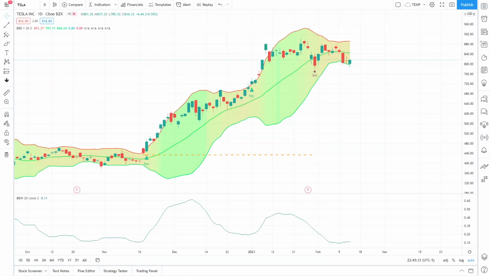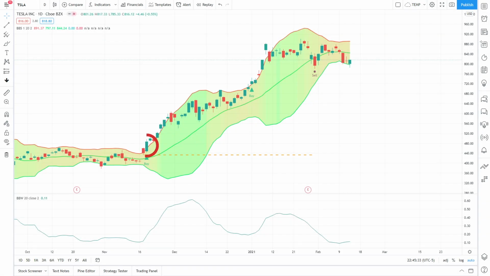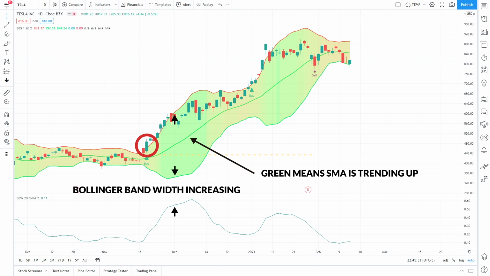Here is the daily time frame chart of the stock Tesla. Ticker code TSLA on the Nasdaq exchange. As you can see, we have received an entry signal here because this candle has closed above the top of the Bollinger Bands range. The middle line of our Bollinger Squeeze indicator is green, which means the 200-period SMA is pointing higher. We can also see that the Bollinger Band's width is expanding at the time that our buy signal is given. Now that we have confirmed all of our entry criteria, we would take this trade and buy Tesla at the opening price of the next candle for $492 per share.